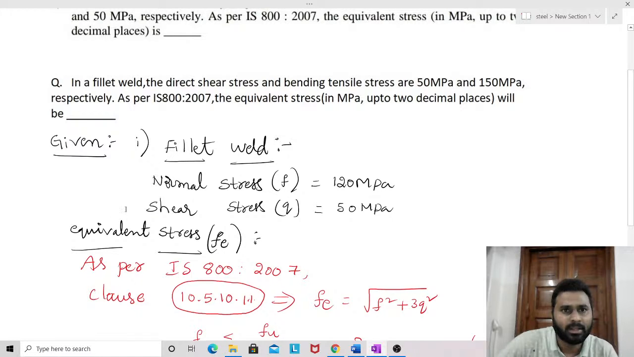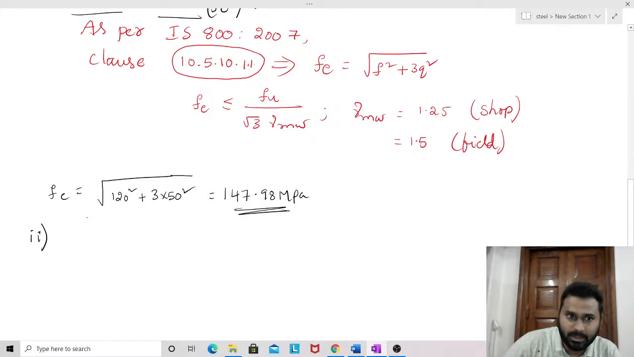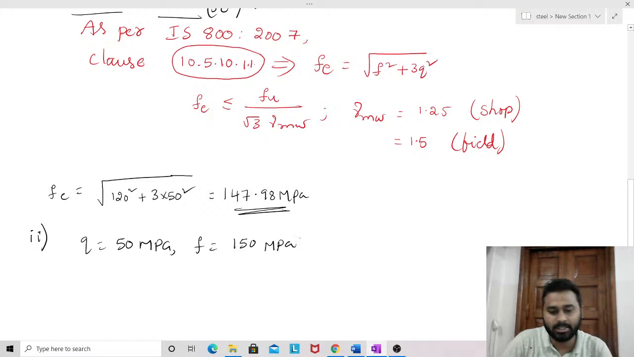In a fillet weld, the direct shear stress and bending stress are 50 MPa and 150 MPa respectively. As per IS 800 2007, the equivalent stress will be. Okay, that is what is asked. Direct shear stress is 50 MPa and bending tensile stress is 150 MPa. So the shear stress Q is 50 MPa and the normal stress F is 150 MPa, right? Now we are asked to find